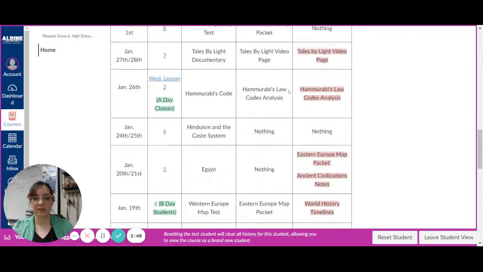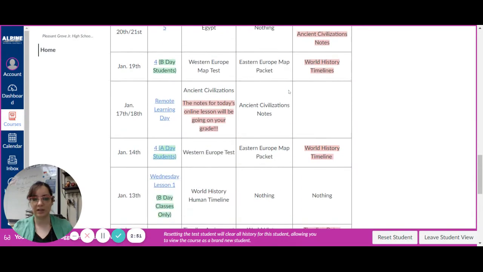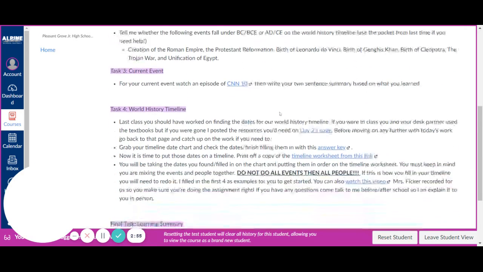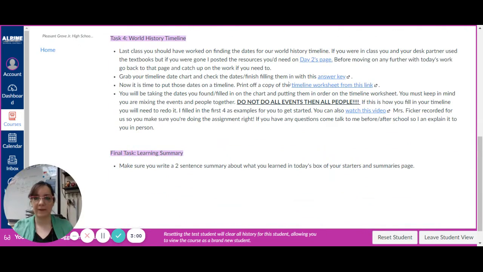So if students need this second part, the actual timeline part, what they do is come to day 3, click on it, scroll down. Okay, it gives them a reminder that they need to go back and fill out the other information before they can do this one. If they need to print out a new copy, again, the link is right here. Okay. If they are still confused on how this getting them in order works, even after watching this video, looking at the instructions,